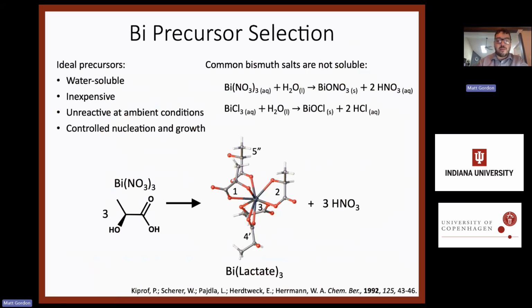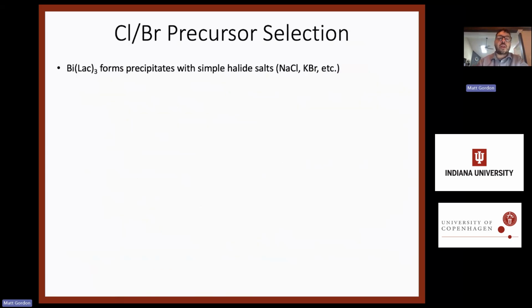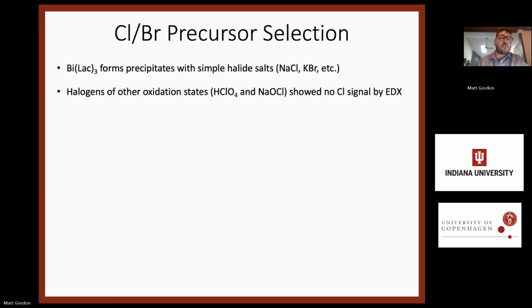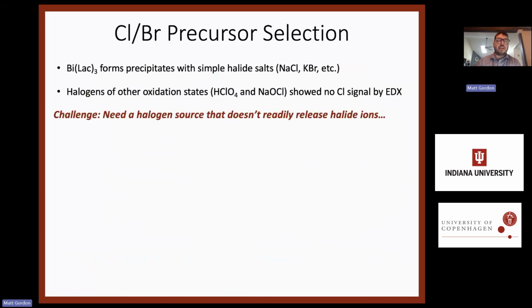So having a water soluble bismuth source was certainly useful, but then trying to add in the halides to this, adding in a simple halide salt, sodium chloride, potassium bromide, we immediately broke down that complex to form precipitates. We tried different oxidation states of our halogens to try to get those co-soluble in the same solution. Those didn't work. And so early in my PhD, I had this challenge that I needed a halogen source that